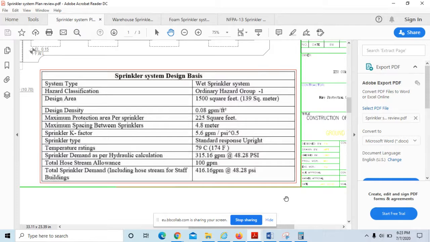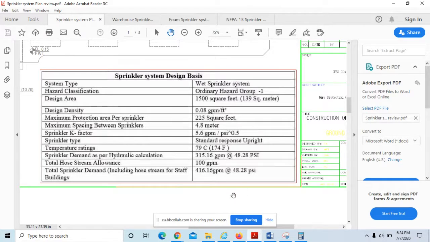NFPA says if you are protecting offices and such, it should be a quick response sprinkler, because it is more related to life safety. It will activate much faster than the standard response. So here they have used the upright, which is not possible for the finished ceiling. It's an office area with a totally finished ceiling. So they should go with the pendant type, with a quick response.